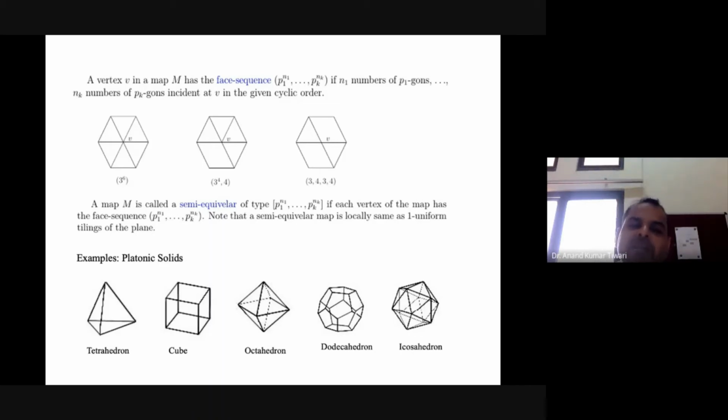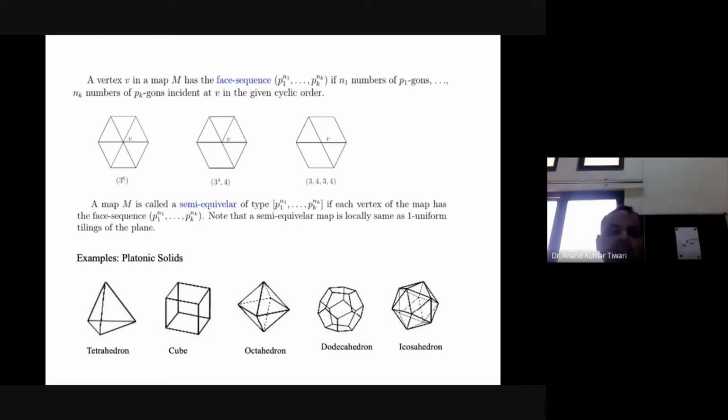Suppose we have been given a vertex V in a map M. Then the phase sequence is given by this expression, P1 to the power N1 up to Pk to the power Nk, if N1 numbers of P1-gons, N2 numbers of P2-gons, and Nk numbers of Pk-gons are incident at V in the given cyclic order. For example,